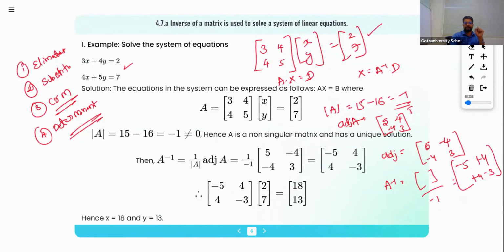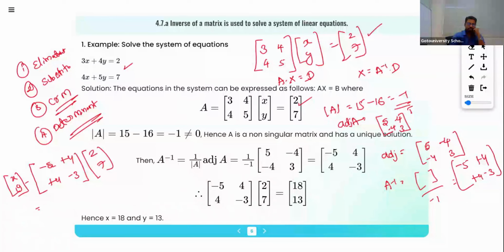What is this constant matrix? So I'm going to multiply that minus 5, plus 4, plus 4, minus 3 into what do we have? 2 and 7. So if you multiply, what do you get? This is equal to the variable x and y. So minus 5 into 2 is, I'll get,